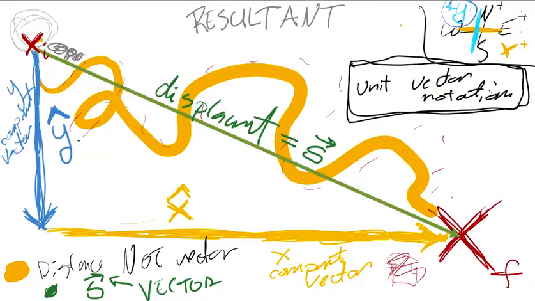Now, let's give this some numbers. Let's say this is 24 meters that way, and the other one looks like it's about twice as long. So let's say this is 48 meters in your x direction. The way I would write that would be displacement, my displacement vector, this is my resultant vector,